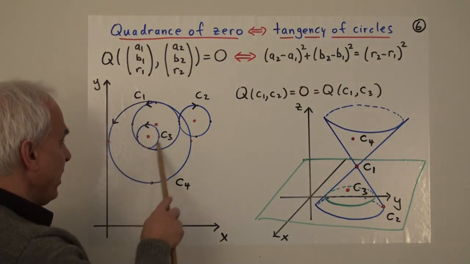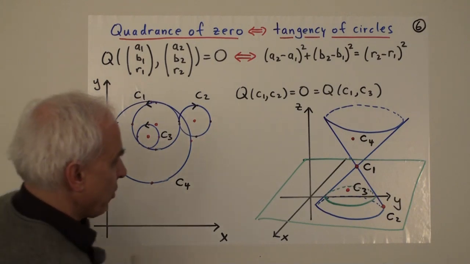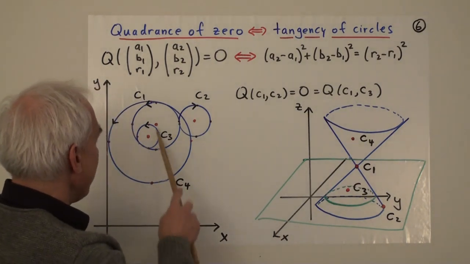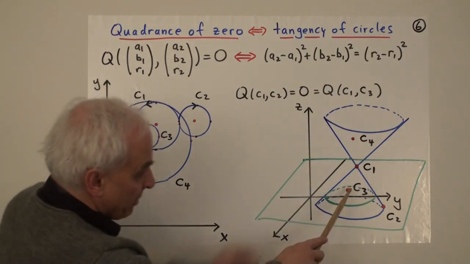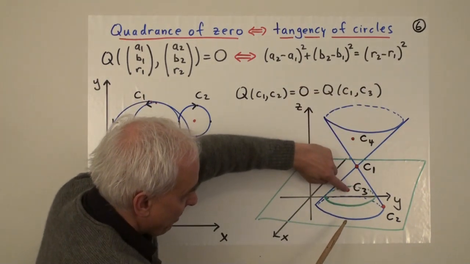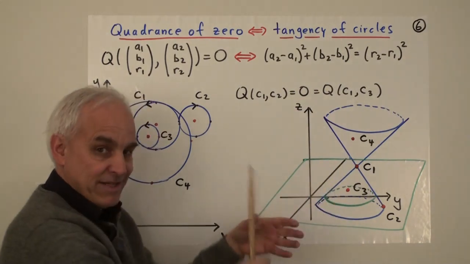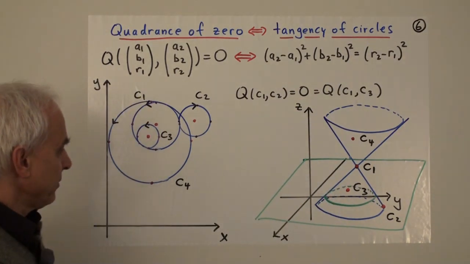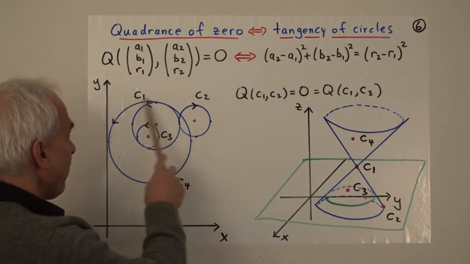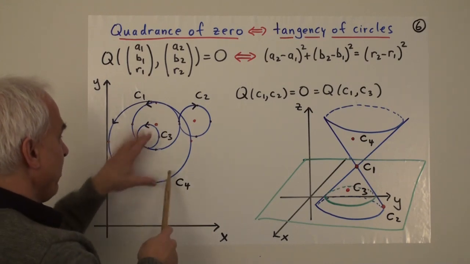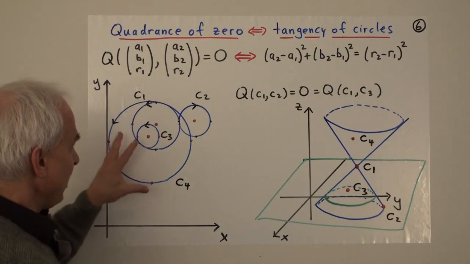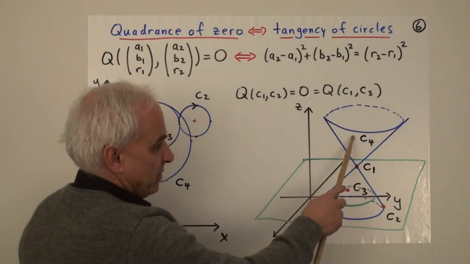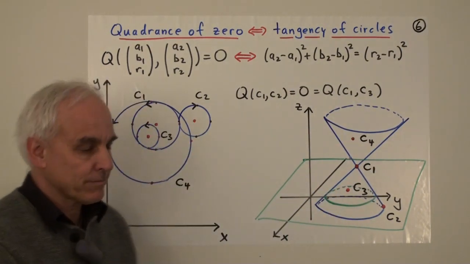This circle C3 over here would correspond to, it's also a positive radius, so it would be above our plane. It would still be on the surface of this cone, maybe right about there. That's supposed to represent a point that's actually still on the cone. C4 over here has a bigger radius, so it'll be higher up, but it will still be on this cone, on the top part of the cone.